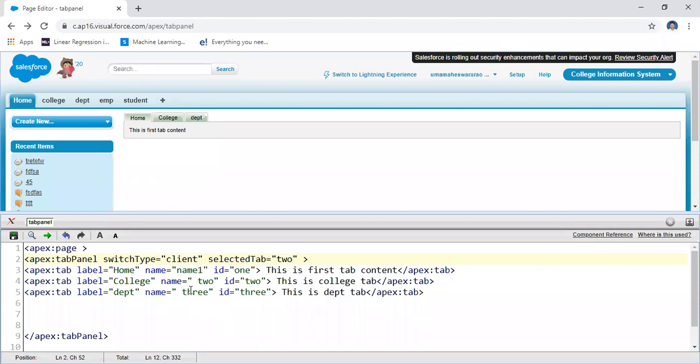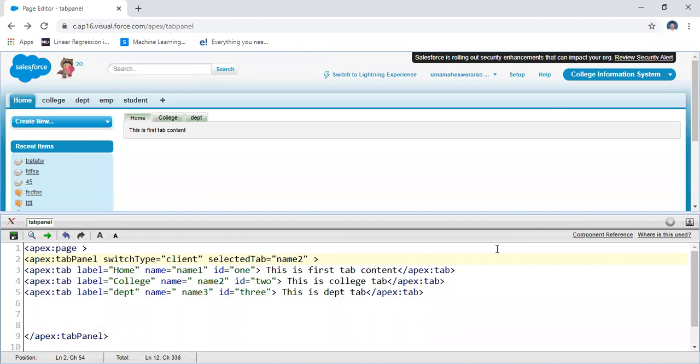For example, name equal to 2. That means it is differentiated. I want to differentiate. Name two, let us assume name 3. Here selected tab is name two, let us assume. It is not selecting the tab.